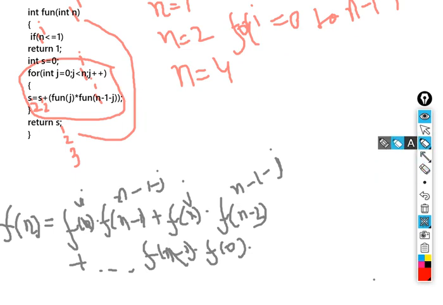What I will do is, I'll replace this fun j with a dp array. Now this dp is a 1d array of size n, but in our case we will take n plus 1, because we also want to take care of n equal to 0. In general this is what we do, we take a dp array of size n plus 1, and then we initialize it.